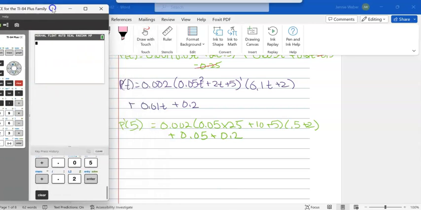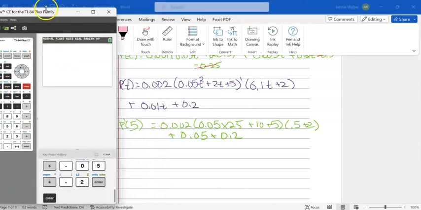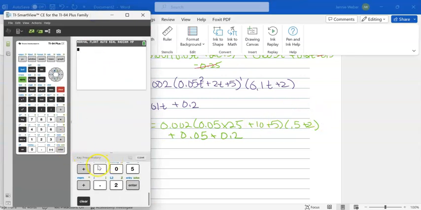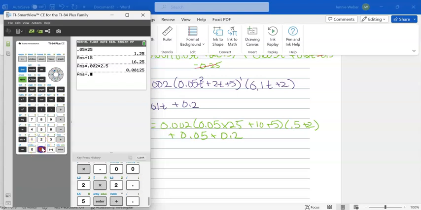And so let's see here. What do I got here? See if I can scooch this. There it is. Then I can see all the parts. I'm going to start in here. And so I'm going to do 0.05 times 25 plus 15 times my 0.002 out front times 0.25. Remember order of operations, make sure you're doing it in the right order. And then I'm going to add 0.25, which is just the sum of those two. And I get